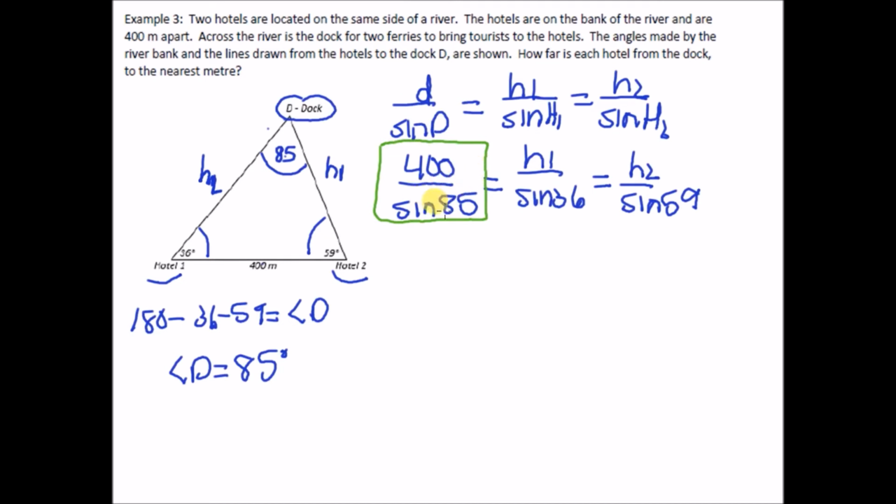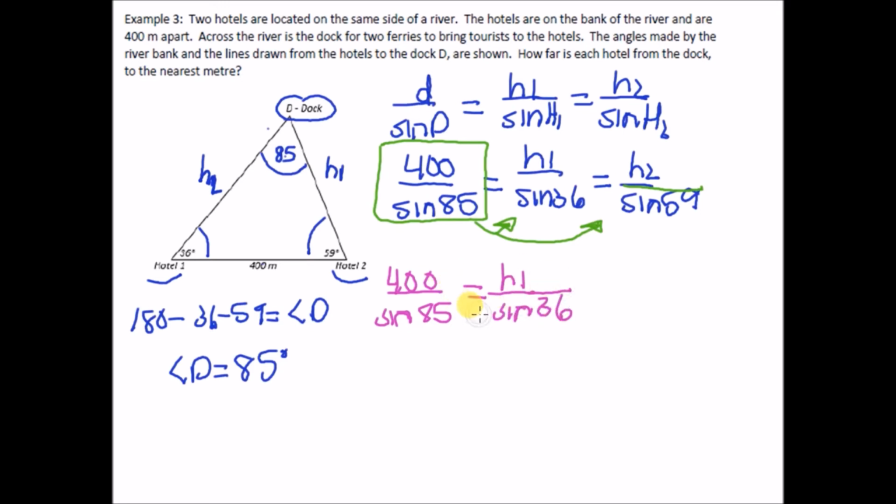Okay, so what we're going to do is we're going to equate the 400 over sine 85 to the first ratio and solve for H1. And then we're going to equate it to the second, unknown, H2 over sine 59. And then we're going to solve for the H2. So let's see. I'm going to do the first one. So the H1, I'm going to do this in purple. 400 over sine 85 equals H1 over sine